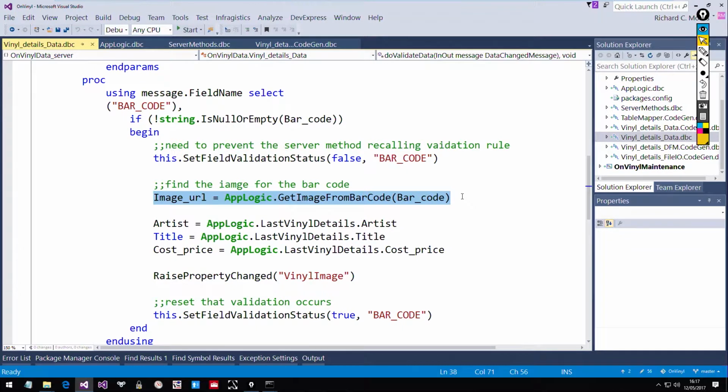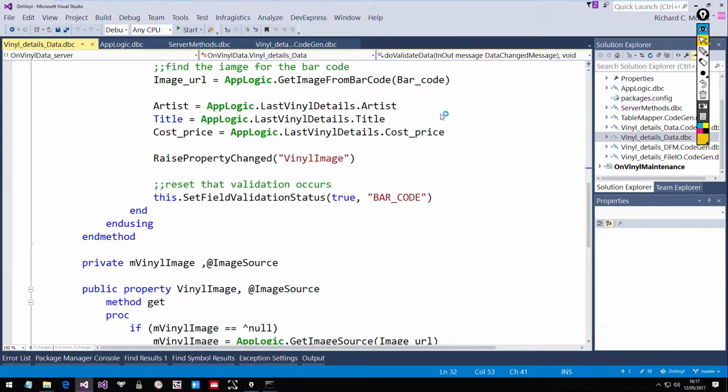So we're going to use that server method to do that barcode validation. And remember there was a last vinyl details property as well? We can also call the properties on that. So in theory now, if we build all this,